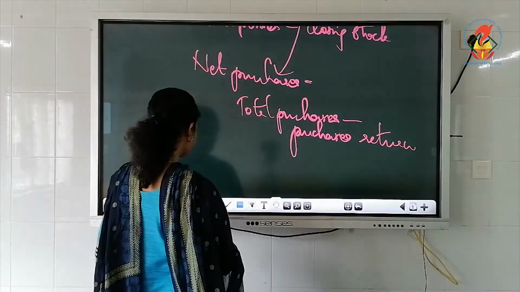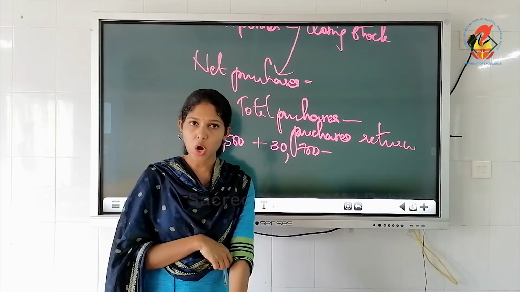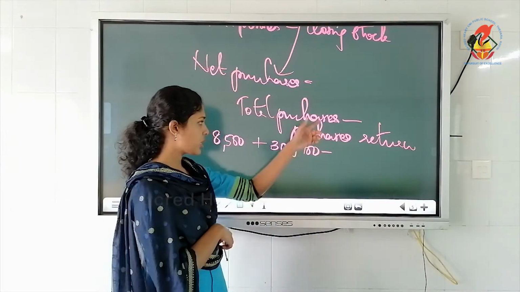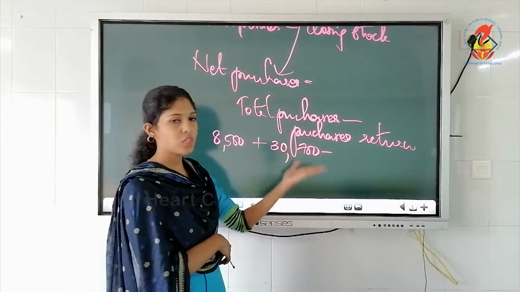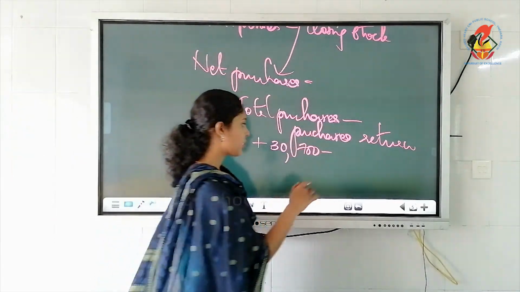All these items are given. Opening stock, what is the amount? 8,500. Always you must write the formula. Then purchases is directly given. You don't have to compute this. Net purchases is directly given. Only total purchases are there, no purchases return. That means you don't have to deduct anything. Just take the same figure. Then direct expenses are also given directly.